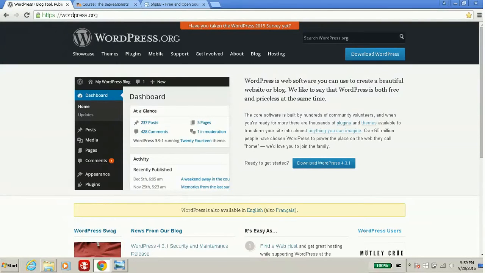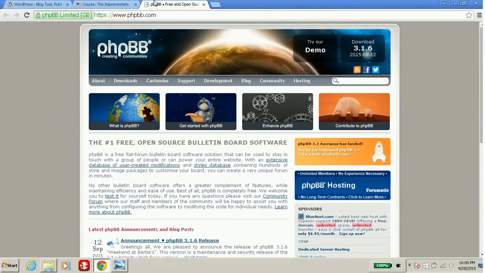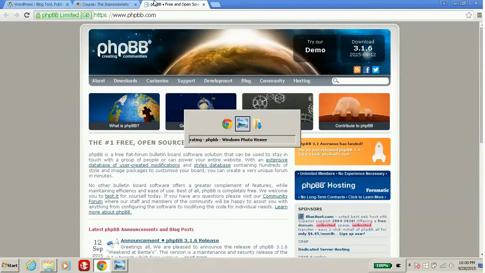In our OER, we review 3 possible solutions to bring social media or a message board to a remote or isolated school community. The first one we reviewed is WordPress. WordPress is a very popular CMS, or content management system. The next one we reviewed is Moodle. Moodle is a very popular LMS, learning management system. And the last one we reviewed is PHPBB, which is nothing more than just a bulletin board system, and that's it. So let's start off with